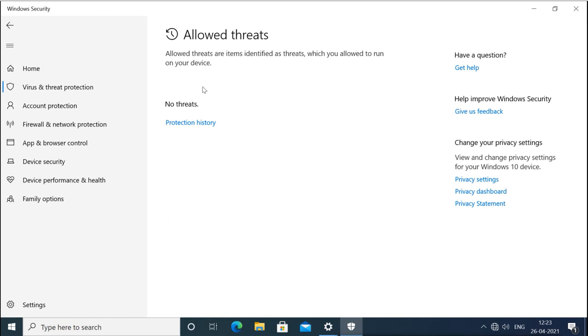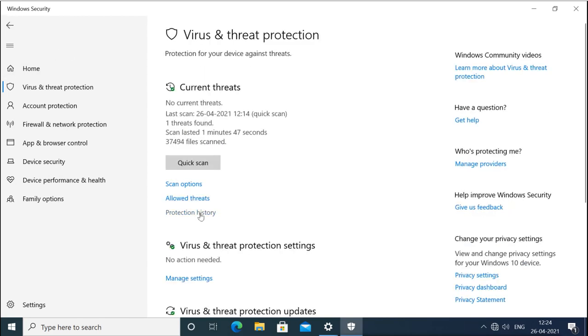There are no threats allowed, but you can allow some software so that it will run and will not be blocked by Windows Defender virus and threat protection. When it says it is going to deny an application, it asks: do you want to allow or deny? You will allow it if you want to use it.